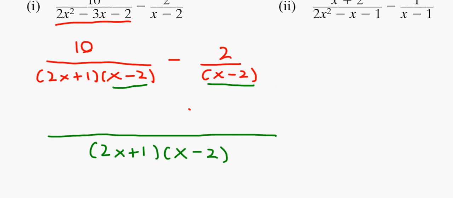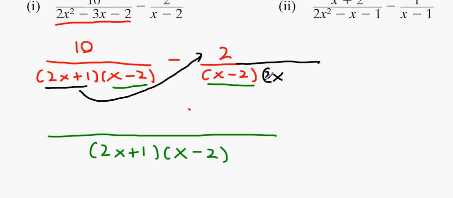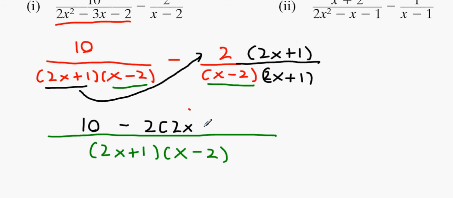So, given that they have these two in common, what we need to do now is multiply the extra one, the 2x plus 1, up here. Okay? Because in effect we're changing this into the following. We're changing it into 2x plus 1. The same denominator is down here, but we need to also make sure we change the top to the same effect. Okay? So what we're going to get is 10 minus 2 times 2x plus 1. Then once we clean that up on top, that's going to be minus 4x minus 2. So we're going to get 8 minus 4x all over